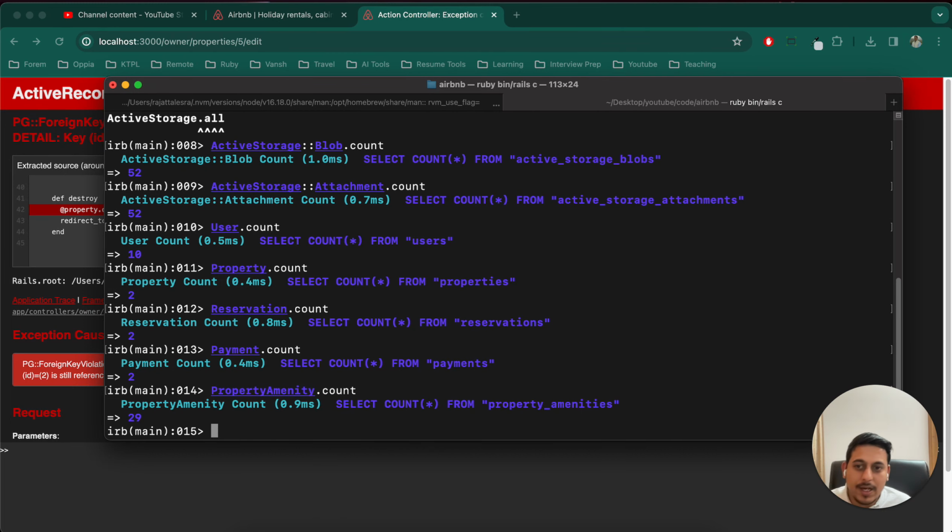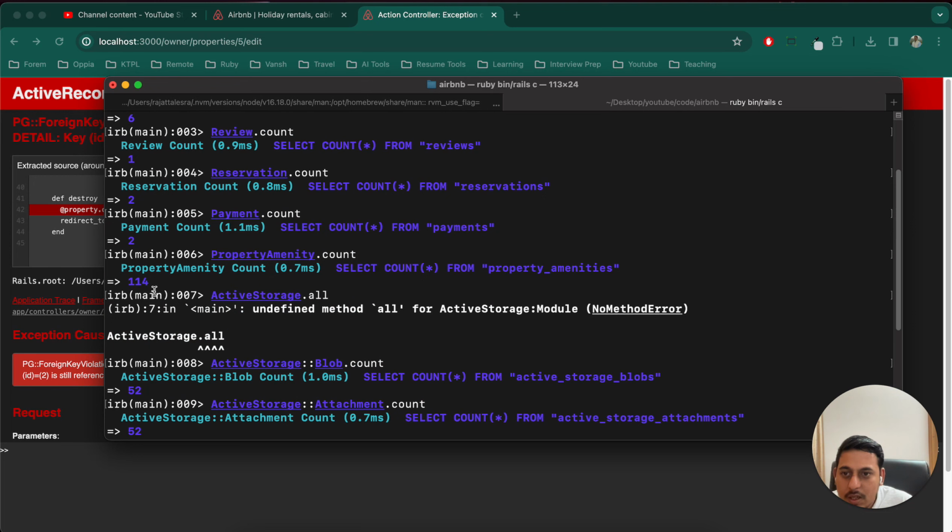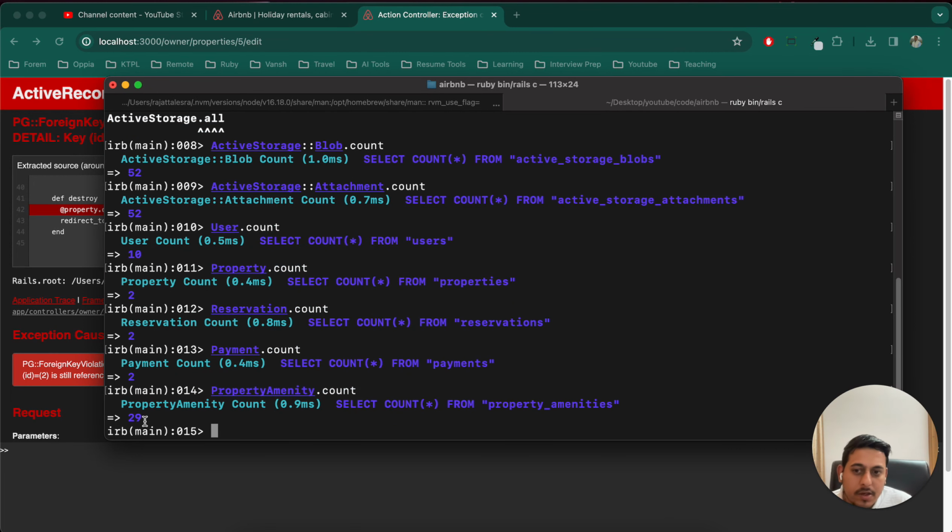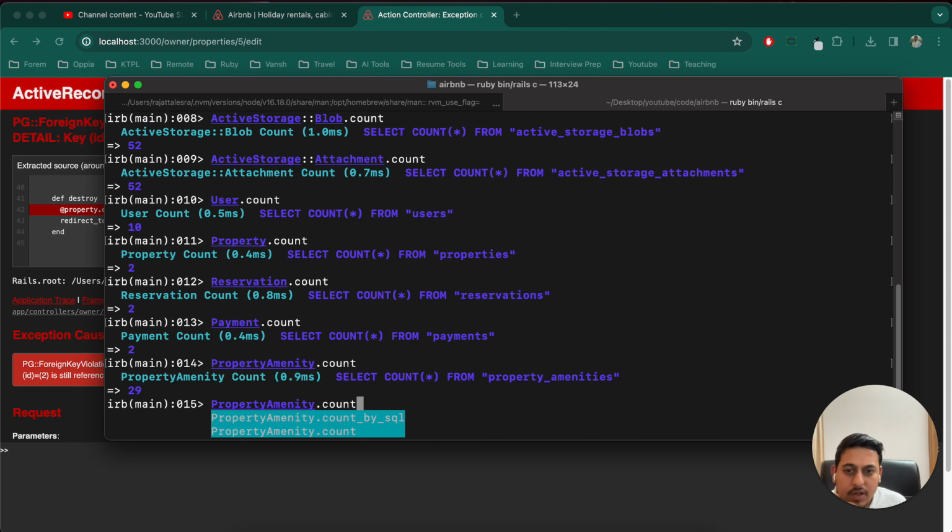Property amenity count, it has been reduced to 29. Earlier it was 114, now it has been reduced to 29, so it is working correctly. Reservation payments are working incorrectly. Okay, remember that. And